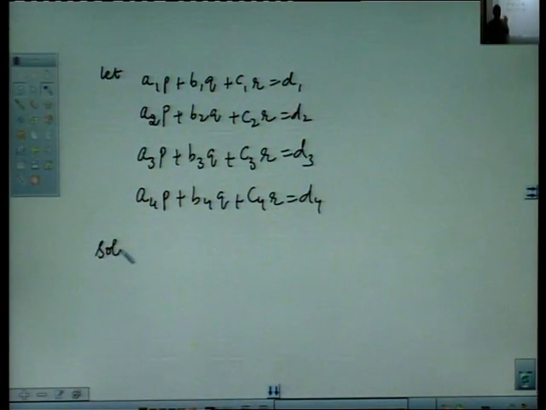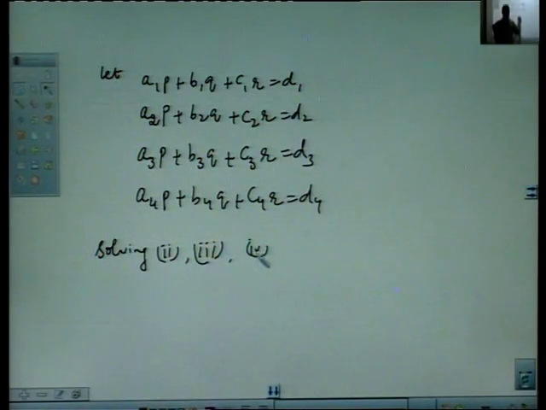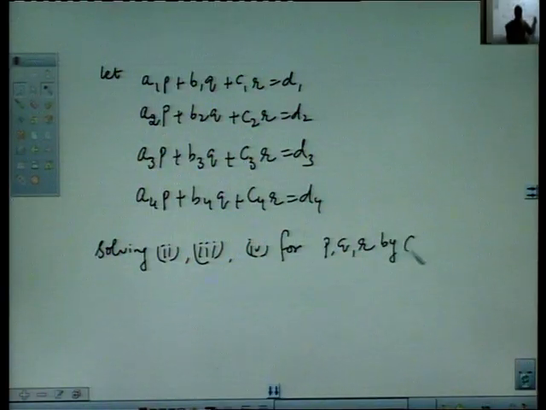Solving second, third and four for P, Q, R by Cramer's rule,